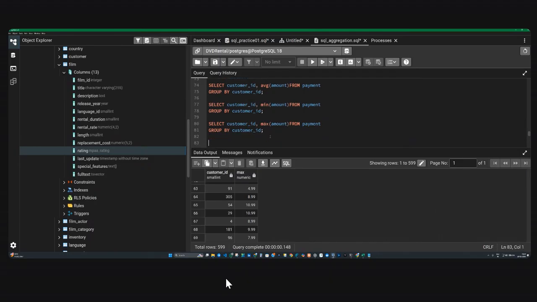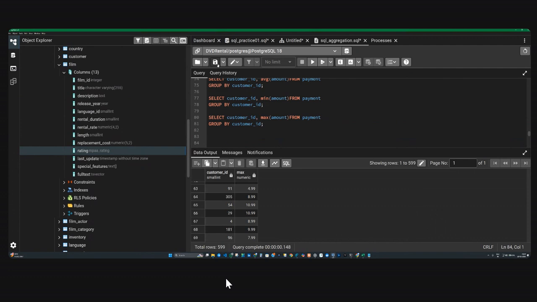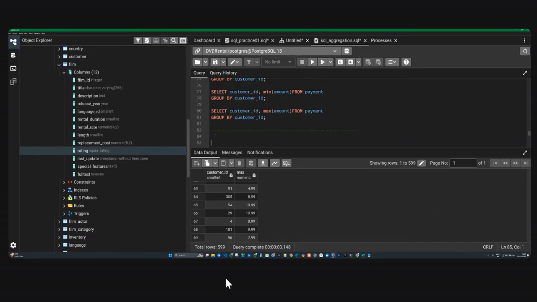So group by, you guys are clear now. Now let's see, it's 8:49, right? We still have time. So 9 will sharply close. Now we'll see